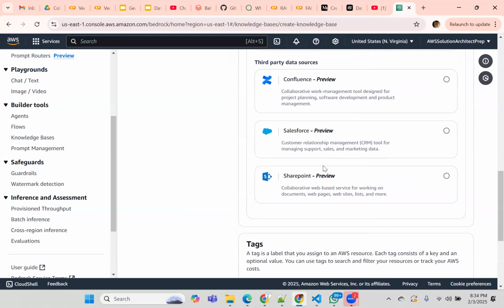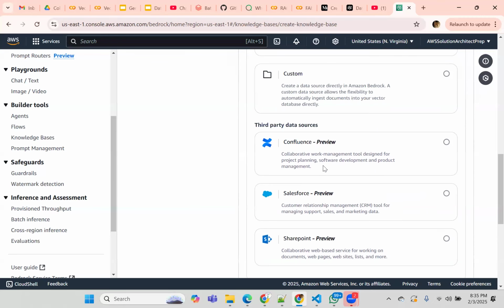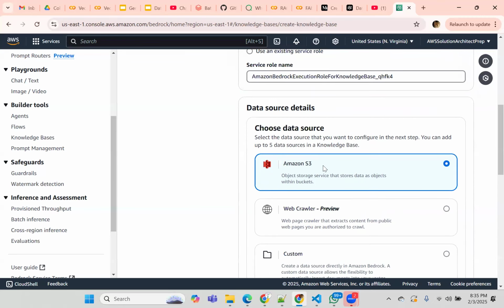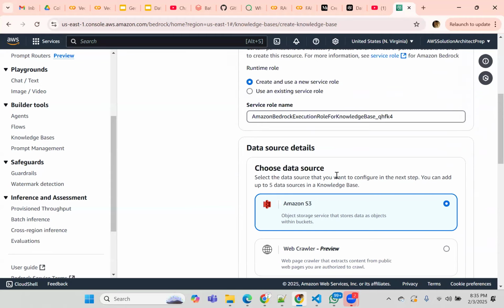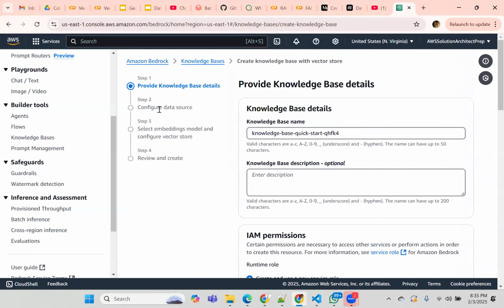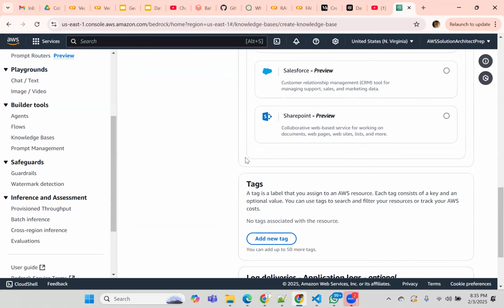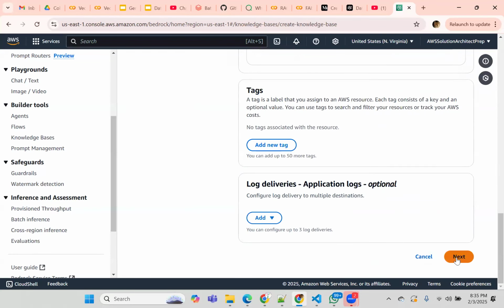You can get from Salesforce, you can get from SharePoint. So basically, there are a lot of options, but at the end of the day, a data source is your source of data which you can use. So you can create a data store, you can configure it, and then select embedding models. Okay. So if you go here,